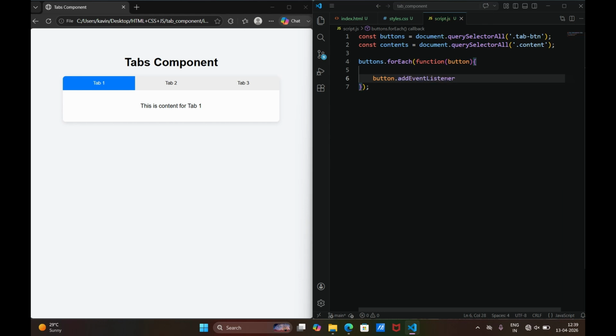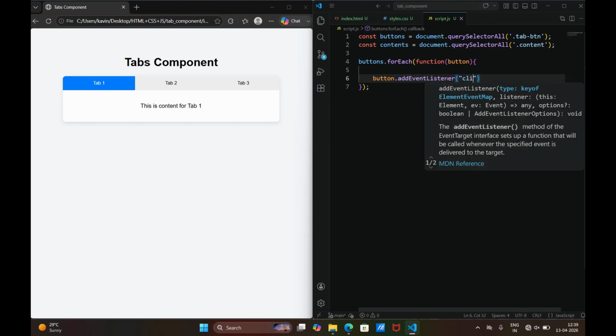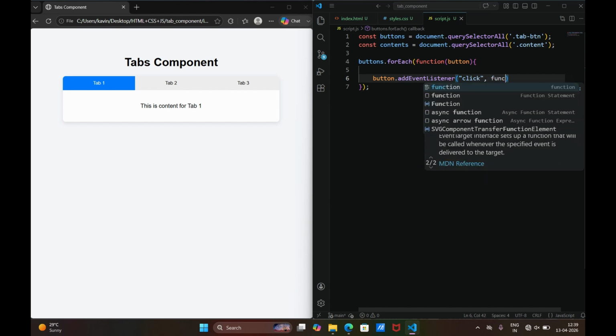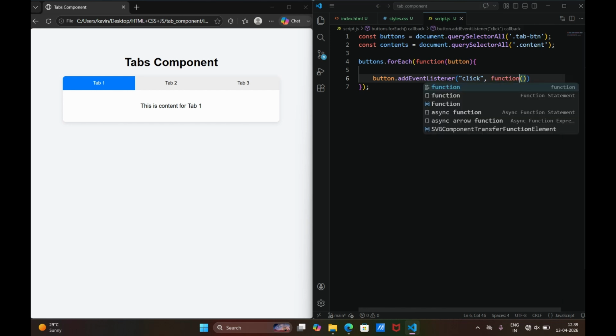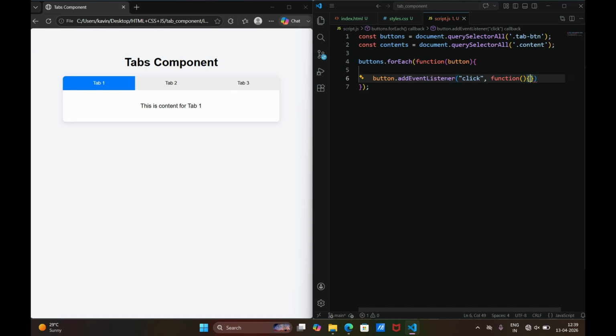So I am adding an event listener, giving it the event as click, and it executes a function. Inside that function I am creating a new variable called tab id, and